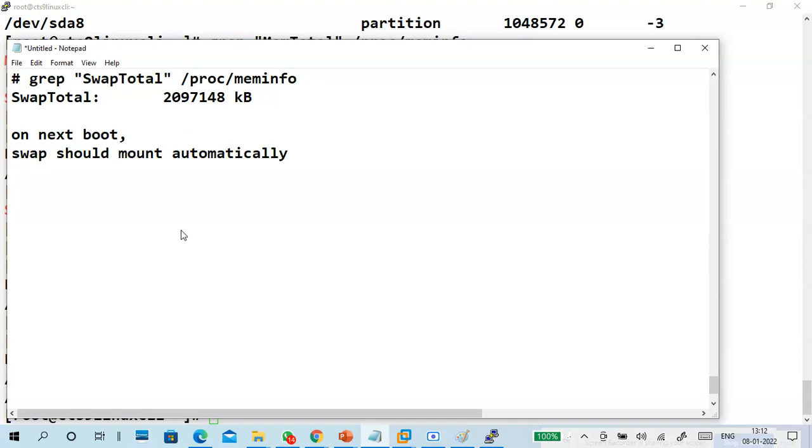What to do? Like you created a folder and partition is there, you restart your computer, the partition should be mounted automatically to your folder. What to do? Where to specify?